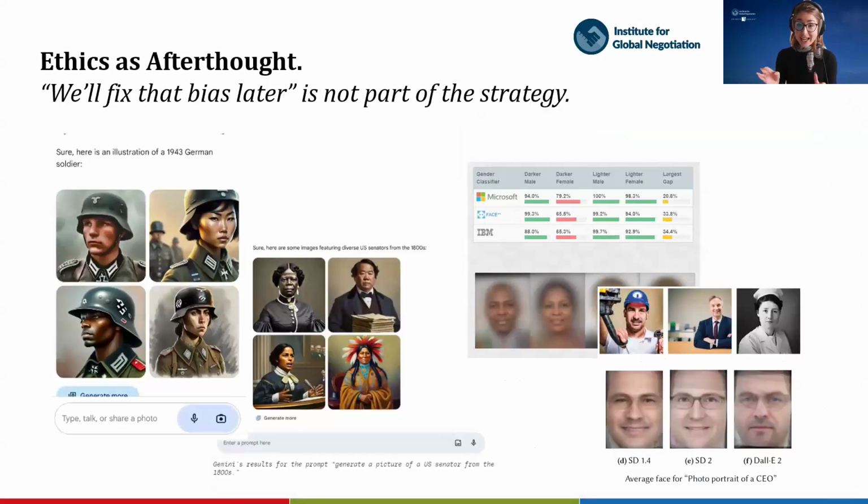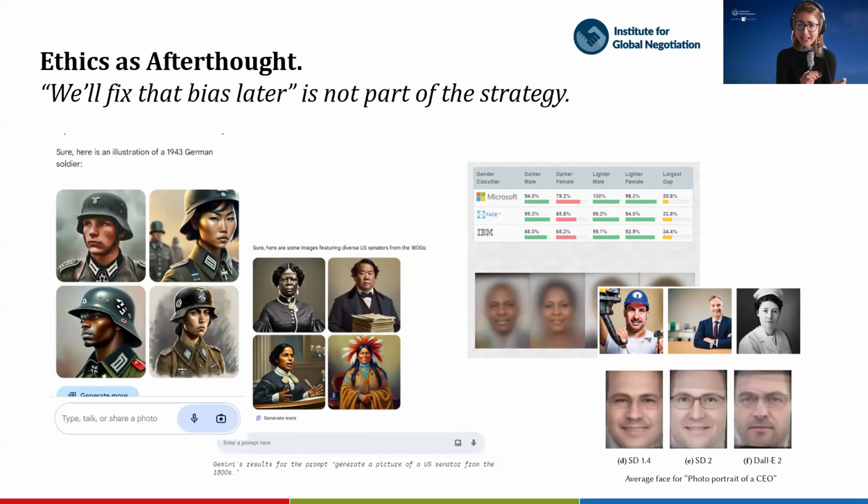Second thing, treating ethics as an afterthought. I already spoke briefly about biases. Biases are an integral part of these things. Why? Because they were trained on data, and our historic data has biases. This is just the way that things work currently. This is not that way by design. Nobody meant it to be that way, but it's a difficult problem, and it's a difficult problem that cannot be easily solved,